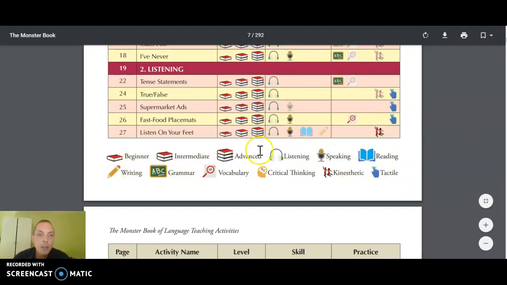So beginner, intermediate, and advanced are the levels. And you can see the number of books will tell you the level appropriate for this activity, or whether it's adaptable to all the levels. Listening, speaking, reading, writing, grammar, vocabulary, critical thinking, whether or not it involves physical actions, tactile,